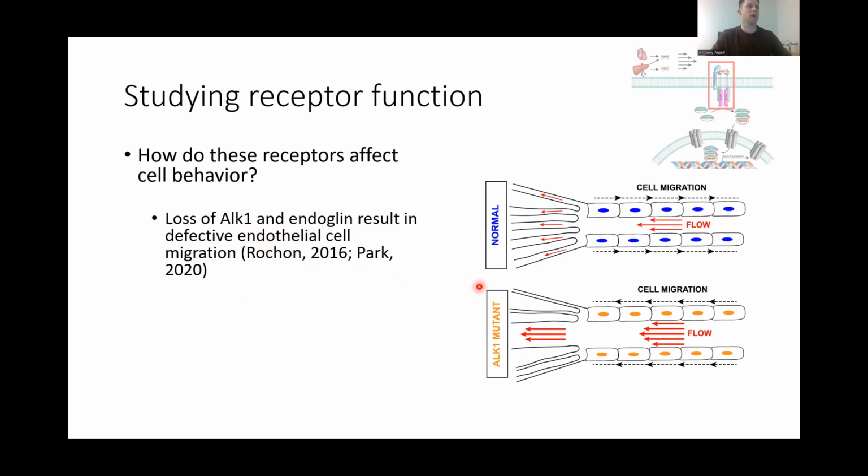So what does that mean? These endothelial cells that make up the blood vessel are actually really motile, so they move quite a bit. And we've seen that in a normal setting these cells will actually migrate against the direction of flow. So they'll move against the direction of flow. But when we delete ALK1, we see that those cells actually migrate back with flow, and that aids in the